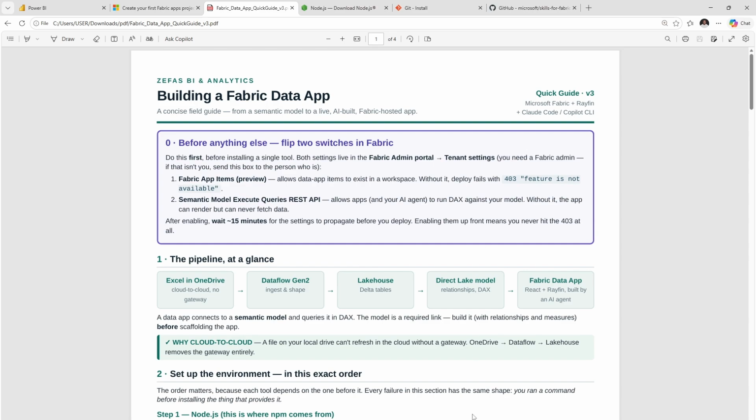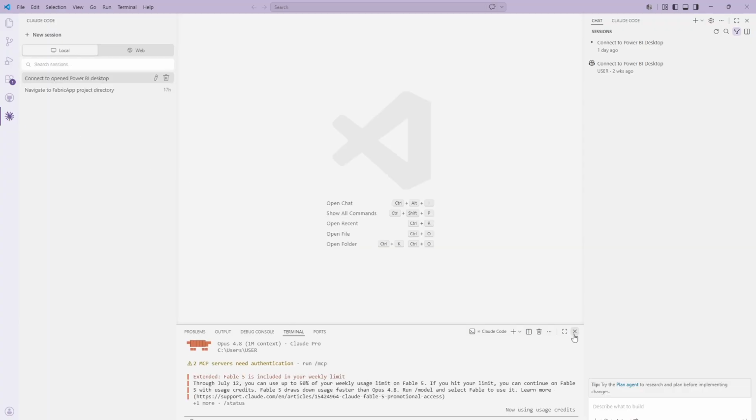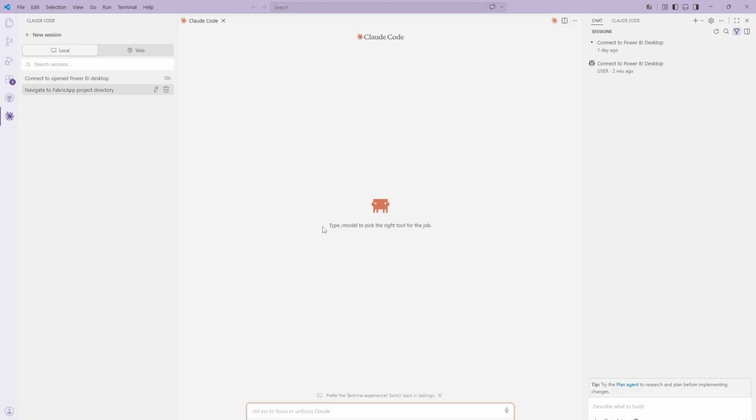And like I said, I'm going to be using VS Code. So I'm just going to come to Claude Code. I have Claude Code here, so I'm going to say new session. I'm just going to keep this here for now. Like I said, I'm using Claude Code for VS Code, but you can use the web version if you're comfortable. You can use any of the versions. Once you have everything perfectly installed and enabled,